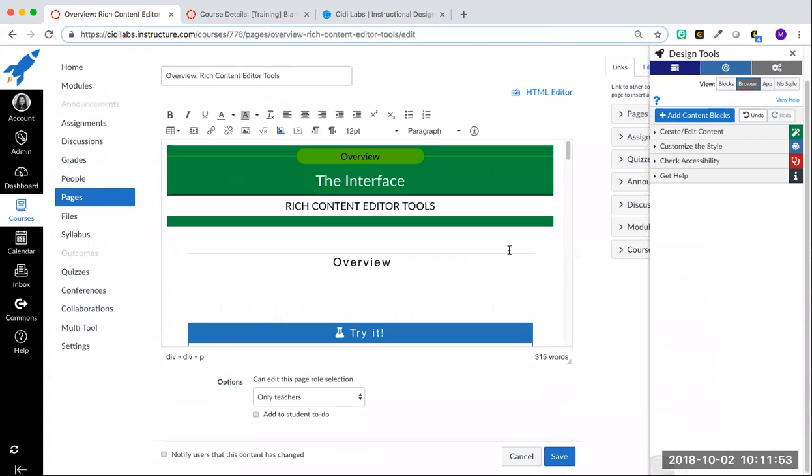So now it's unclear what this space is. So it's a little bit, you have to figure it out yourself. So the blocks view does give you that deeper look into your content, that structure of your content. With the browser view, this is an approximate view of what your students will see when they're viewing the page